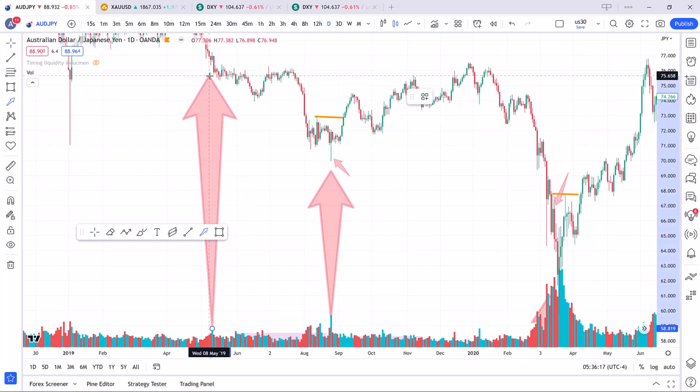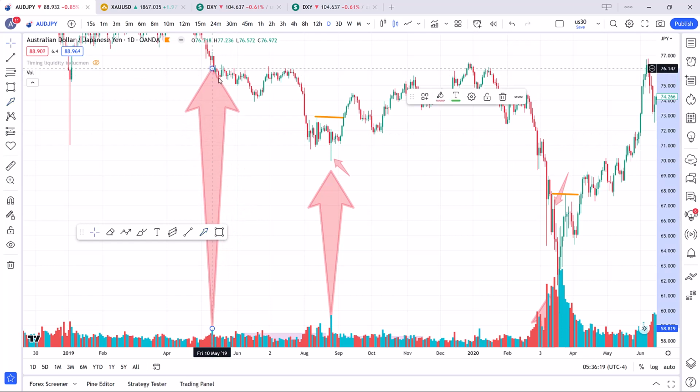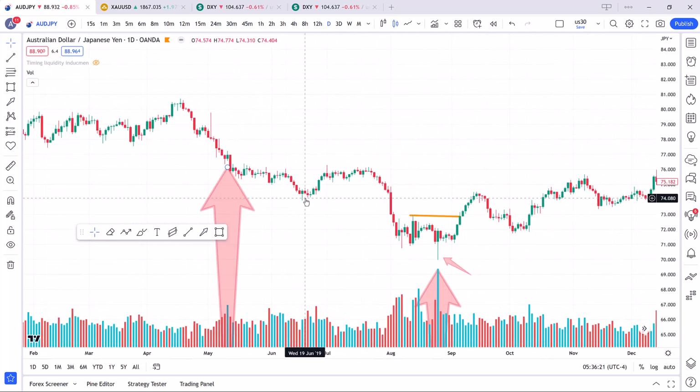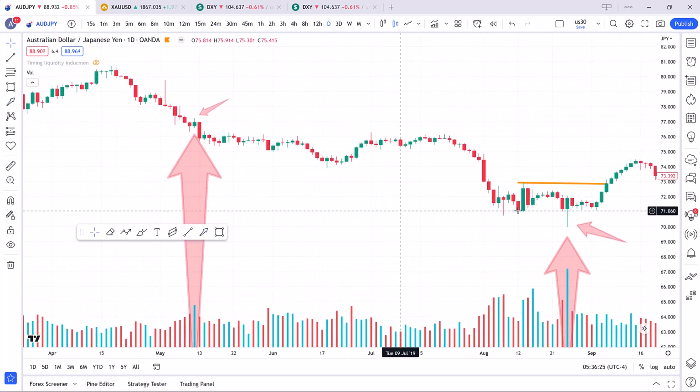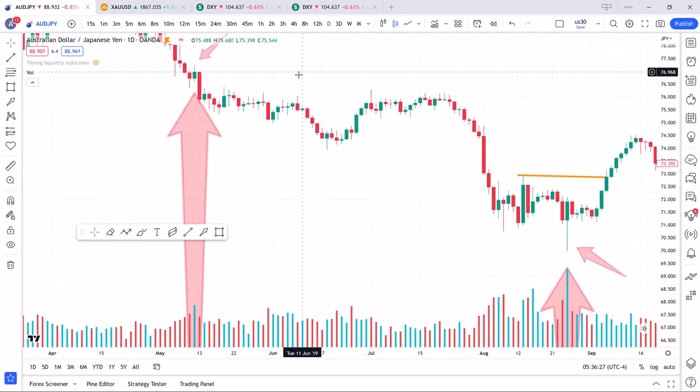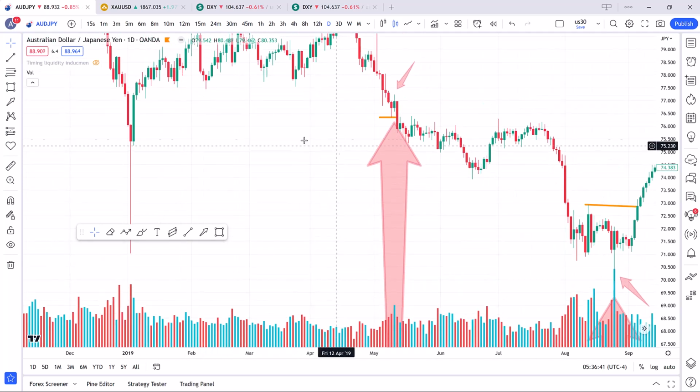Why didn't this candle work? Because first, it is an absorption candle and it is a sign of selling pressure, but the market confirmed this to the sellers. So when we have a high volume candle and the market breaks this low and continues its work, it is going to be a continuation.